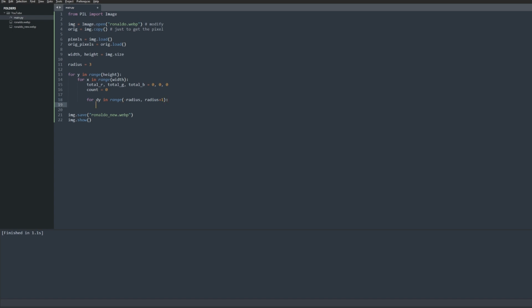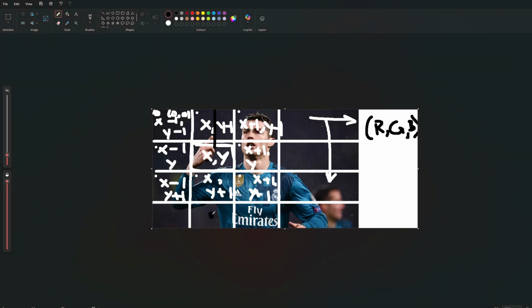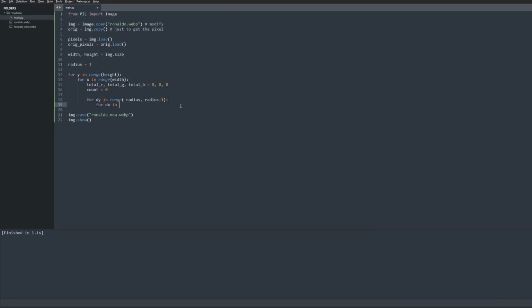So after that, we're also going to loop over the offset in the x. And by the way, what I mean by offset is that if this were the center and we were looking at this, the offset would be 1, 2, 3, 3 offset in the y. And for this particular pixel, 0 offset in the x because it's not moving anywhere here. So let's do that in the x as well. Negative radius